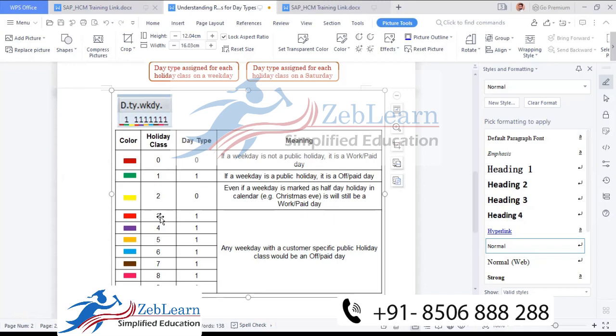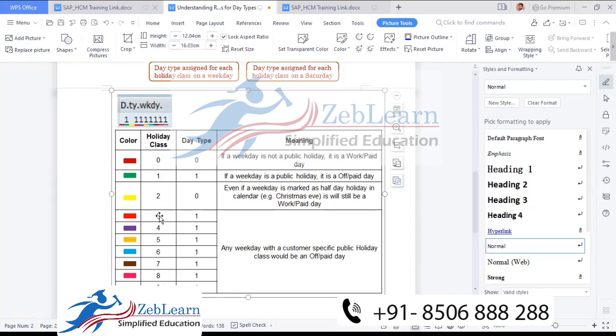So for 16 August, first you need to create the holiday with the T code SCAL. You go to SCAL, select the date 16 August, and give the name mental wellness day. In holiday class, you can select anything between 3 to 9. Customer will give the first holiday, mental wellness, so I will select 3. Now for a second holiday they have created, for example other company establishment day, we can consider 4 or 5. We are not bound to select 3, 4, 5; we can select anything from 3 to 9.